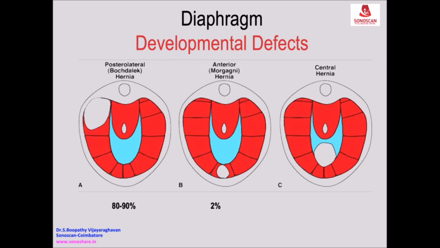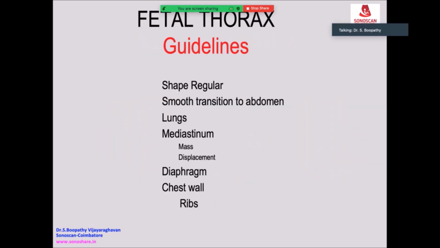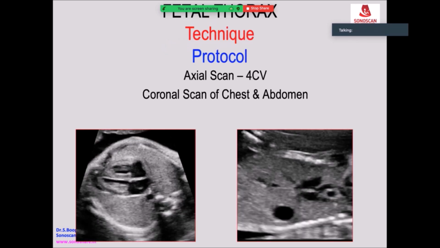Developmental defects of the diaphragm are of the posterolateral type, that is the Bochdalek type. Now, according to most guidelines regarding fetal thorax, what is required is to see the chest and abdomen in one section, and then use color Doppler to see